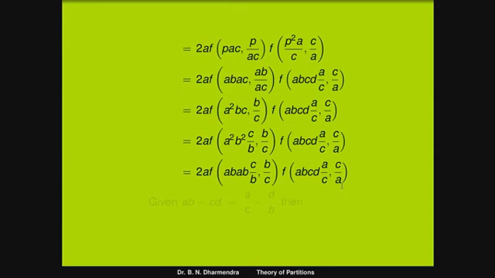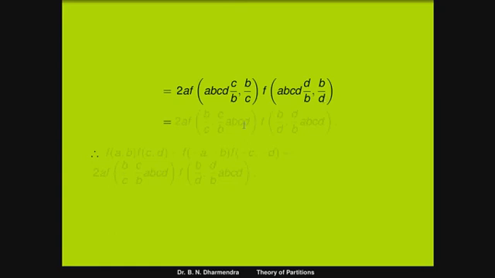Here the tricky part is that we know ab is equal to cd, so we just replace in the second term a by c with b by d. Hence it can be written as 2 times a into f of (abcd, c by b, b by c) into f of (abcd, b by d, d by b, b by d). Once again, using the first property of Ramanujan, that is the symmetry f of (a comma b) is equal to f of (b comma a).